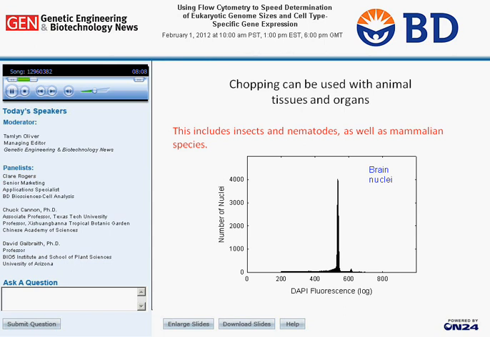I just wanted to emphasize that the chopping technique can be used with animal tissues and organs, as well as other forms of life. Insects and nematodes we've chopped up, as well as mammalian species. And in this histogram, you just see a DNA distribution coming out of chopped up brain tissue. And the ease with which you can release nuclei from chopped mammalian tissues makes this kind of approach, I think, an important one for studying the molecular biology of those cells. In the next slide,